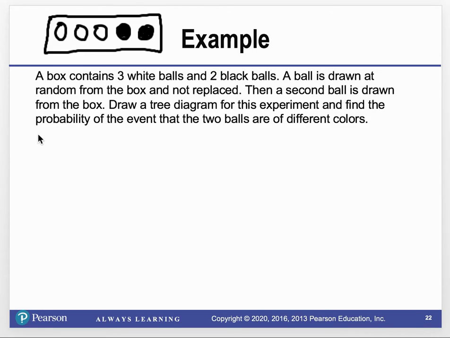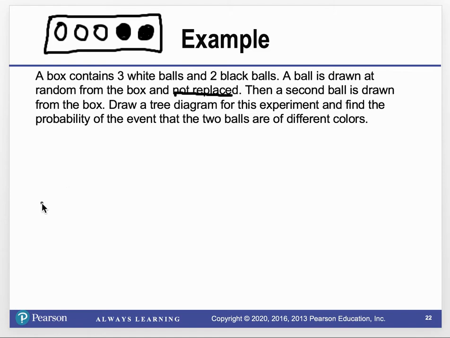A box contains 3 white balls and 2 black balls. A ball is drawn at random from the box and not replaced. Then a second ball is drawn from the box. Draw a tree diagram for this experiment and find the probability of the event that the 2 balls are of